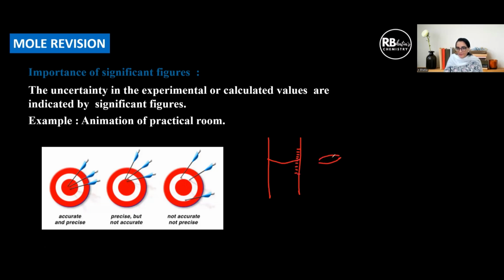And in case your eye level is here, you're going to get the correct value. But in case your value to be noted is here, and you are looking at this value this way, or maybe you have to take this reading and you're looking from this value, both these green and yellow readings are going to have a parallax error. Yeah, because the right rule says you must look at a reading at eye level with the reading. So this is going to be the correct measurement, but both these measurements are going to have some error, some uncertainty in measurement, which is called parallax error. Okay, so every measurement is associated with some kind of error.